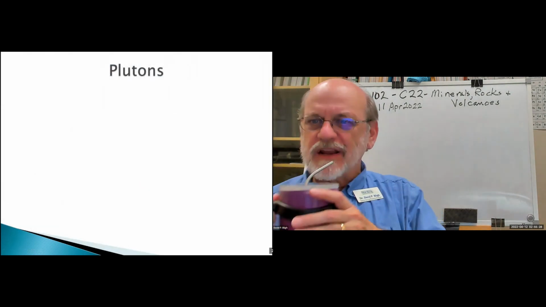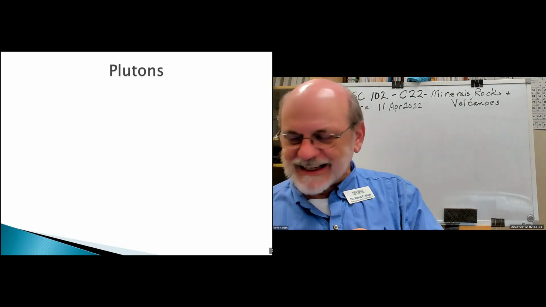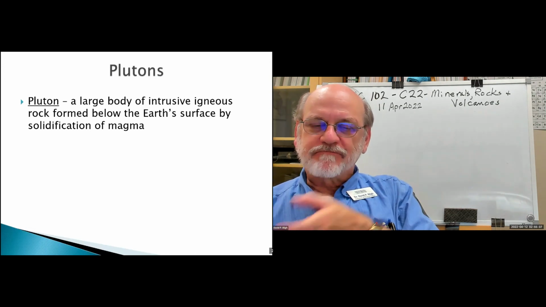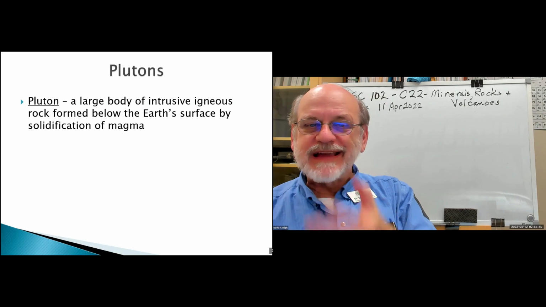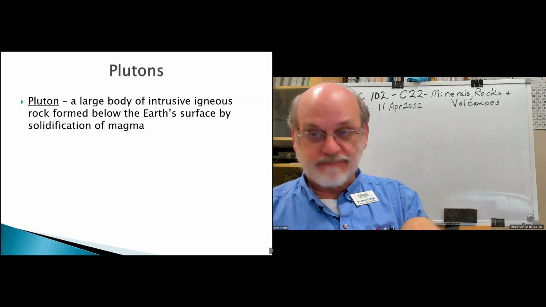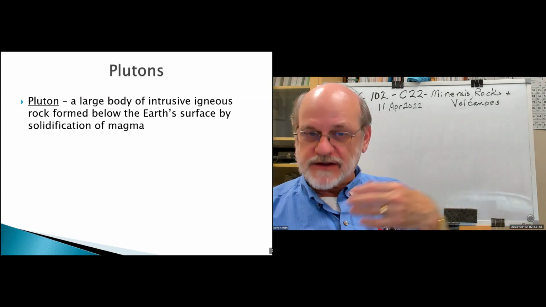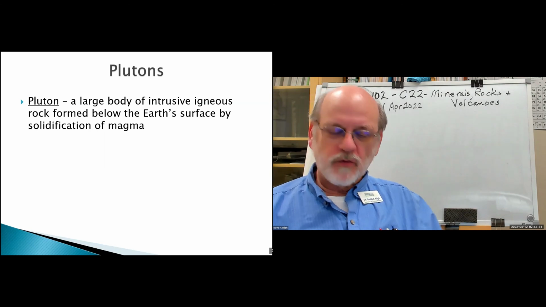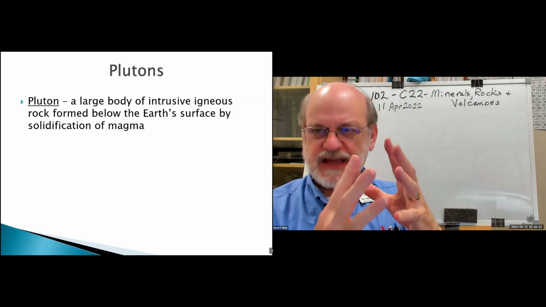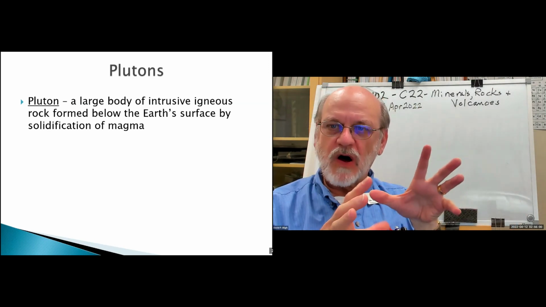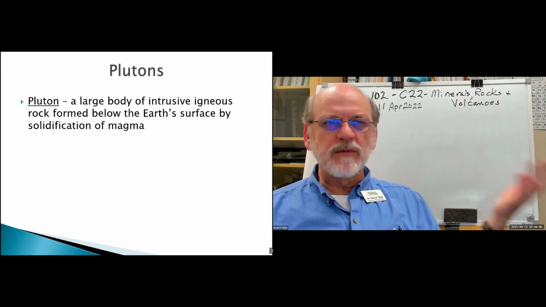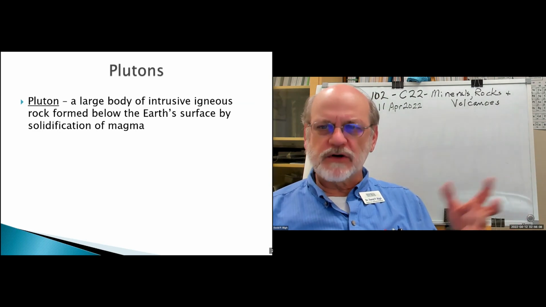Okay, terminology again. What's a pluton? A pluton is an intrusive igneous rock. Forms below the Earth's surface by definition, and it's solidified magma. So a pluton would be any intrusion on a localized scale, right? It's relatively small as rock forms go, right? On the order of only a few kilometers wide, no more.